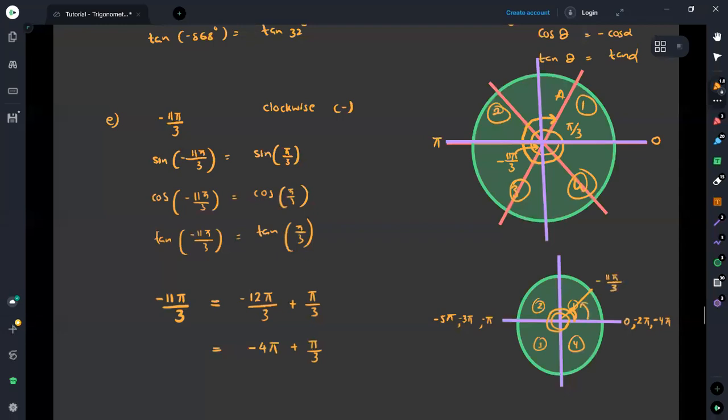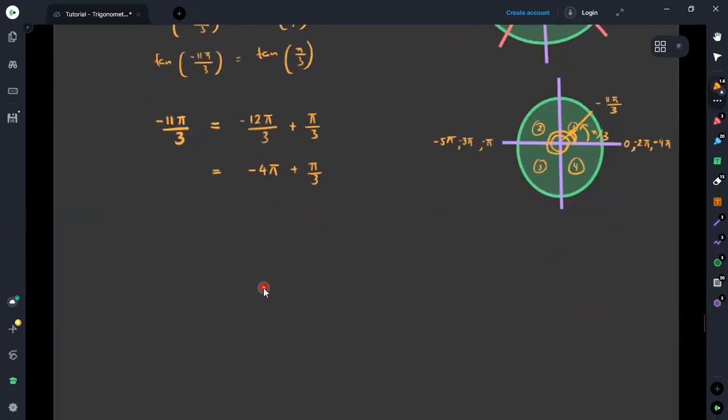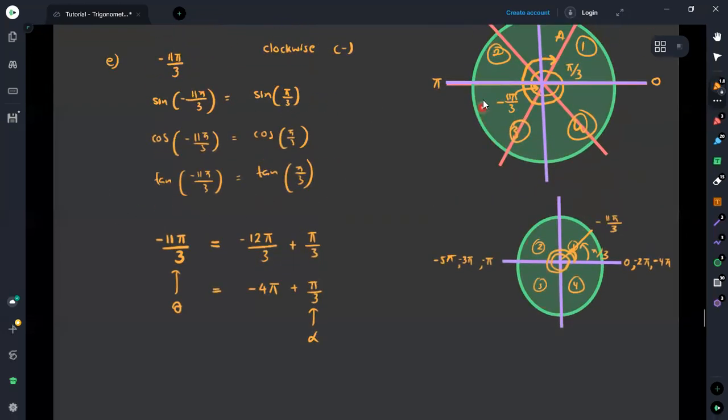Therefore, now we know this angle is equal to π over 3. Using that way also we can identify it. If this is theta, then we know this angle is equal to alpha. When we are writing the angles, we can say this in a similar manner. Therefore, you can use one of these three methods rather than converting this into degrees. These two methods would be much more appropriate. If we are familiar with the method which I explained last, then it would be the most appropriate method for obtaining the solutions.